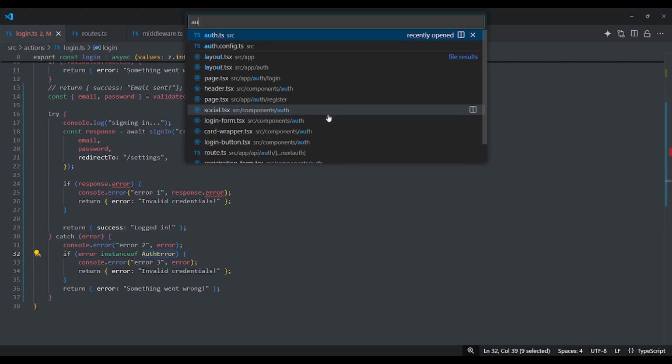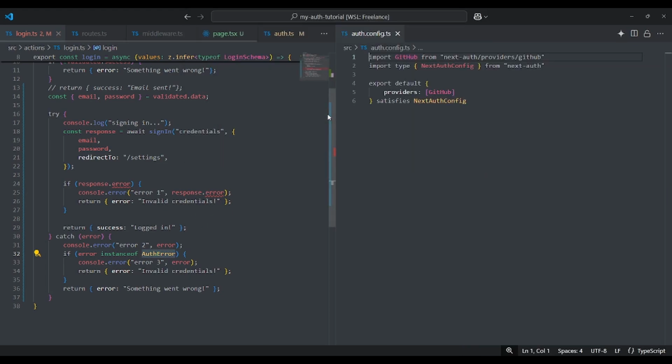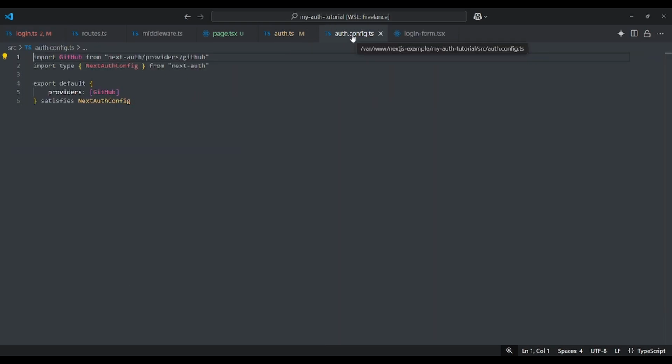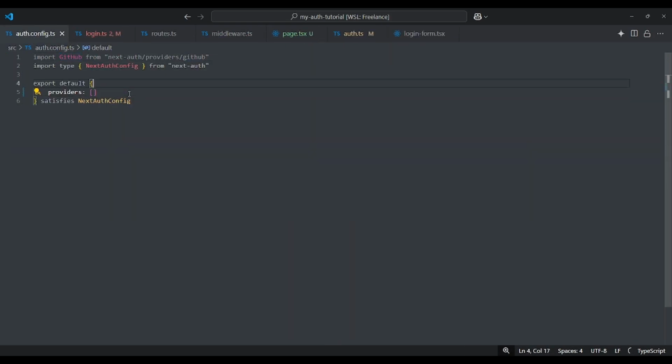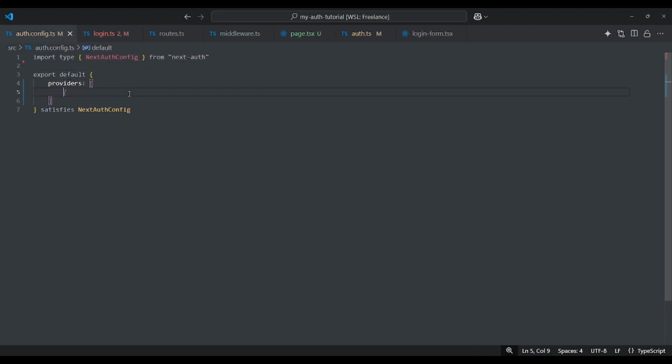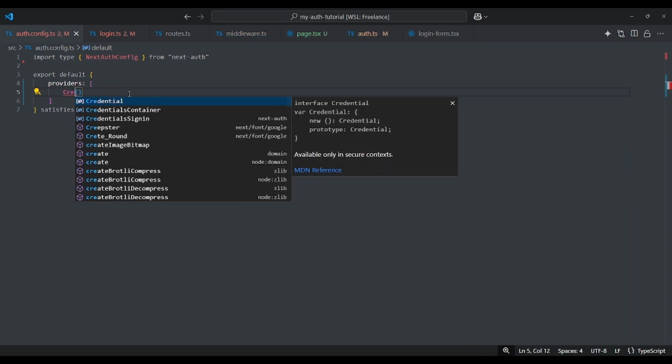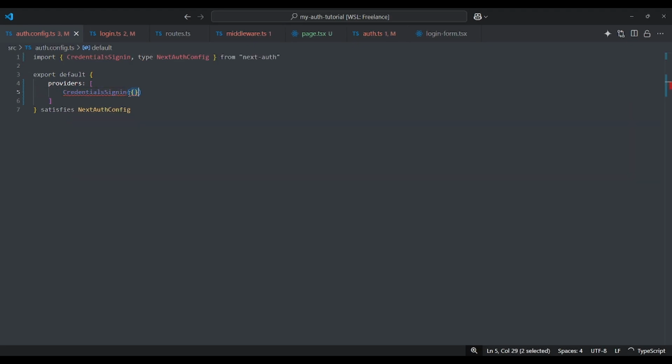And the reason for that is because in our authconfig.ts we need to configure this authconfig. So let's remove this GitHub, and here we need to add an object inside an array. This object is to be passed into credentials sign in. Sorry, credentials.